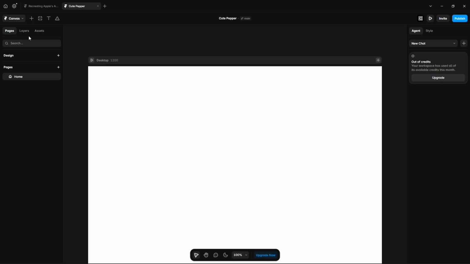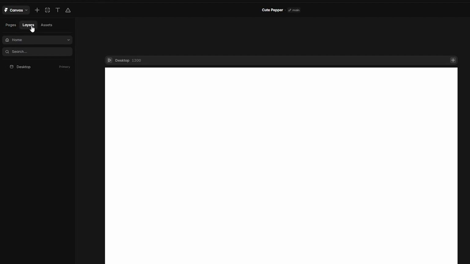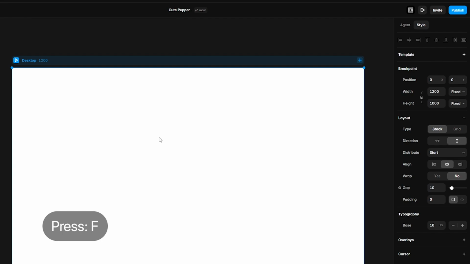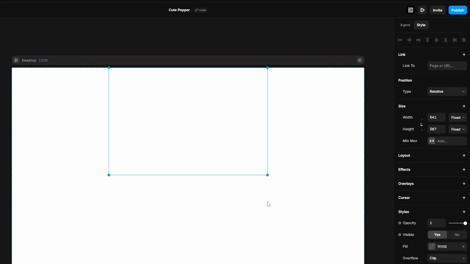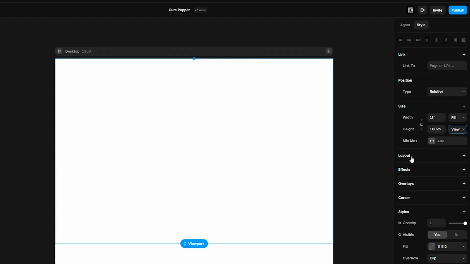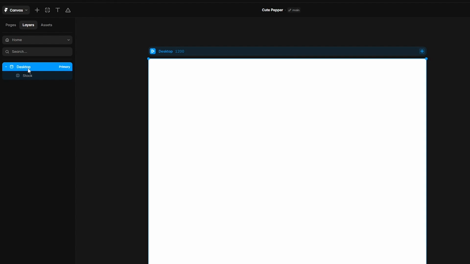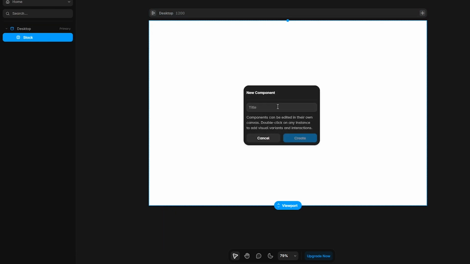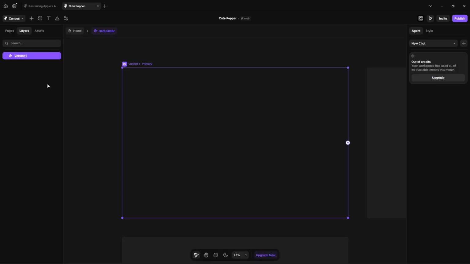Create a project, go to Layers, Desktop, click this layer to make it stack, then press F to create a frame. Set the width, fill, height, viewport 100 VH, make it layout, then click this desktop, hide, fit content. Again click here, right click on it, create a component, name it anything that is meaningful. I'm naming it hero slider, change the name here to desktop,